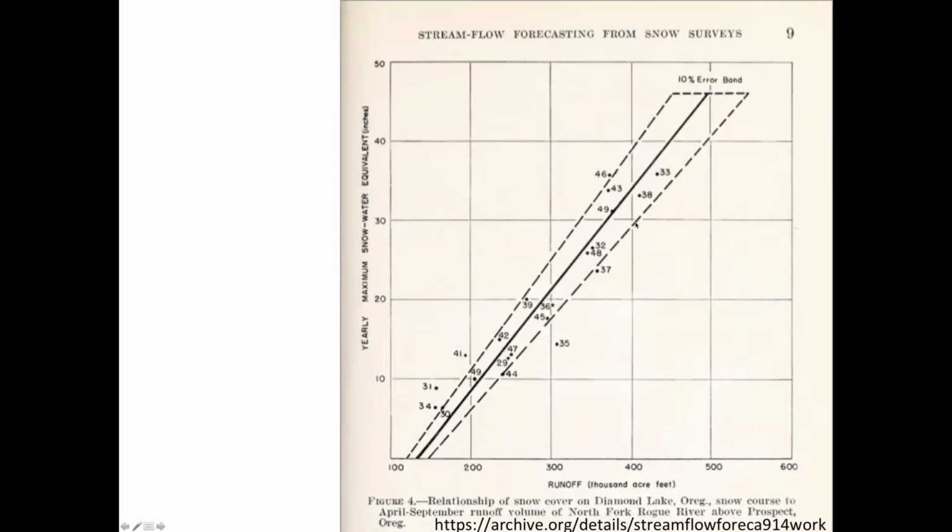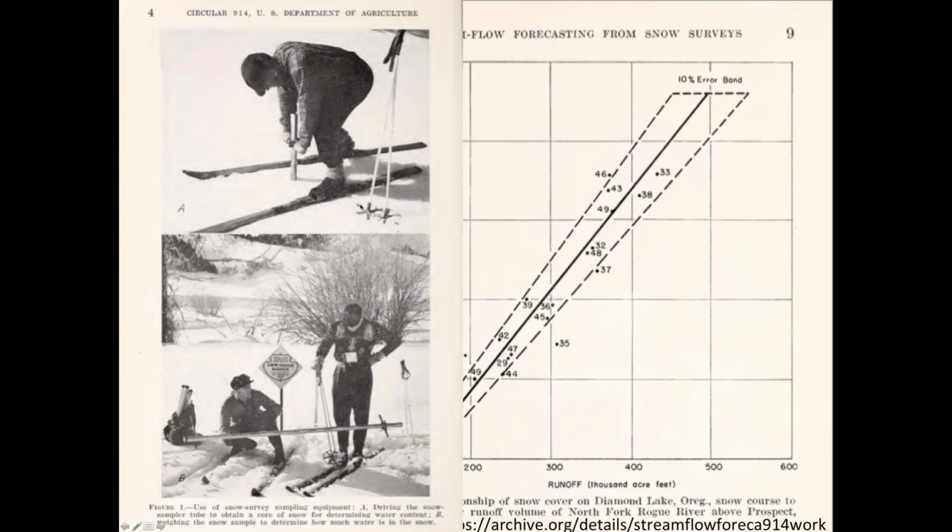And here is the answer, from that same paper: if you measure the maximum snow water equivalent in the western United States, you can predict the subsequent summer's runoff with fairly good accuracy. And this is still used by lots of different summer water use agricultural districts throughout the western US, a regression model just like this. And here's a picture of the National Resource Conservation Service, which is part of the US Department of Agriculture. This is from the 1950s paper, and they are still going out in the same way with the same instruments and doing snow courses to get these key measurements each year.